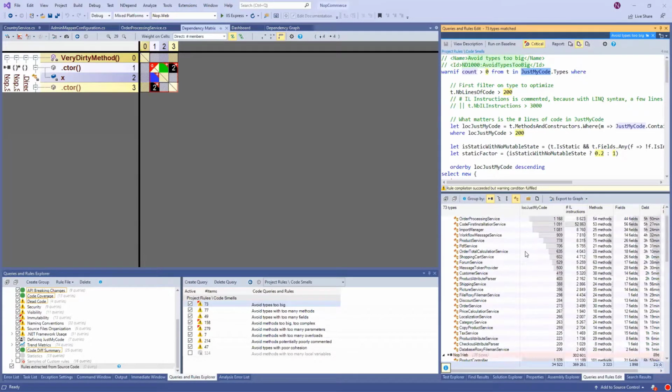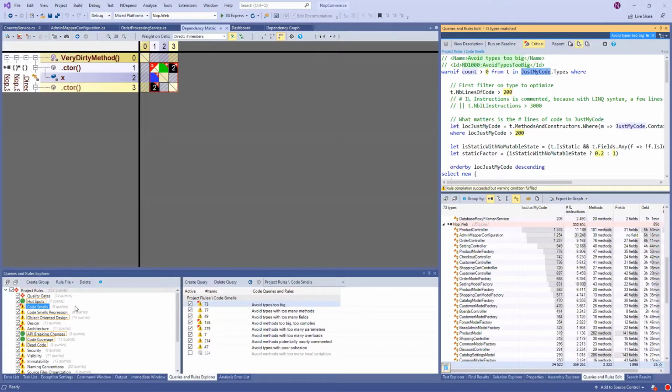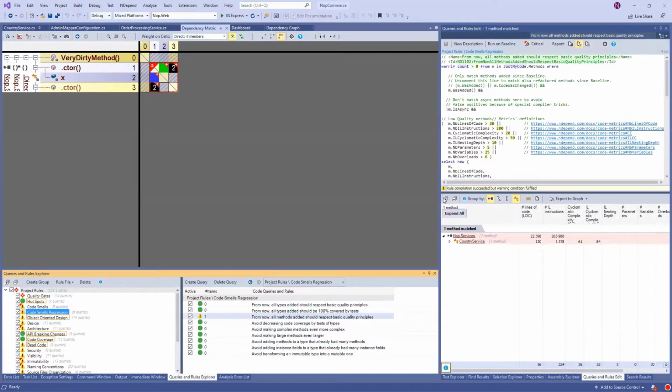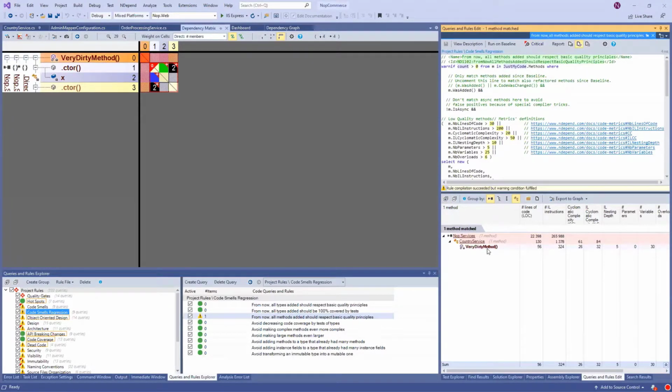So here for each rule, it tells you a lot of information, so it's interesting to look at each rule. There are a lot of rules about code smell in terms of types too big, too many methods, too many fields, methods with too many parameters, too many overloads, poorly commented, etc. And even more interesting, you have the code smell regression. And here, indeed, we have a single regression. You remember, this is the dirty method.